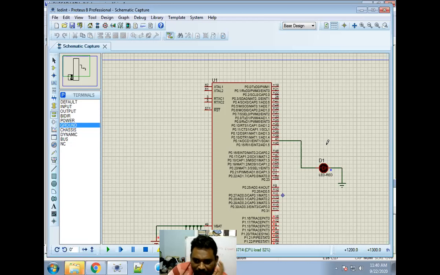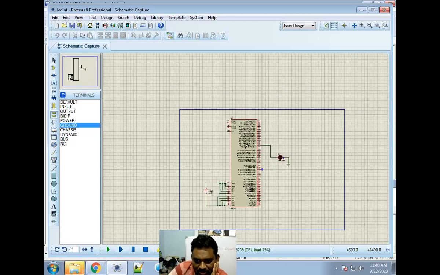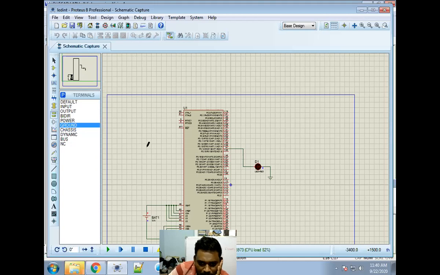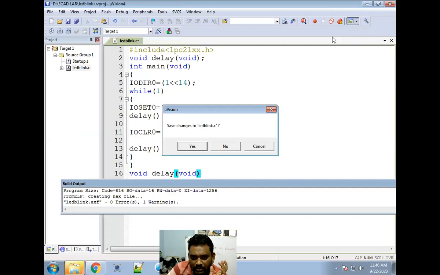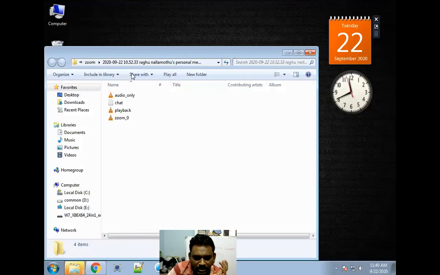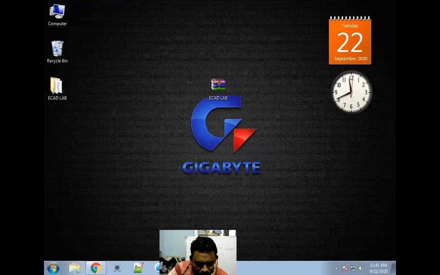Now our task is to do the next program. I will do the entire thing as a fresh program, so I close every window. I don't want to save or change anything. Now what is our task? We have 35 minutes.